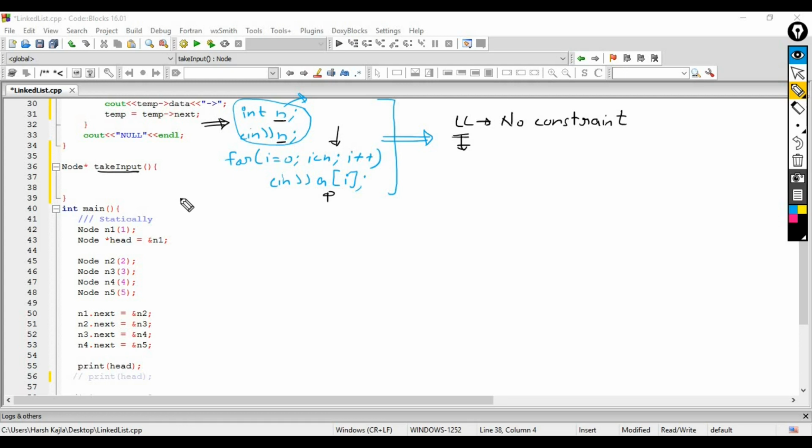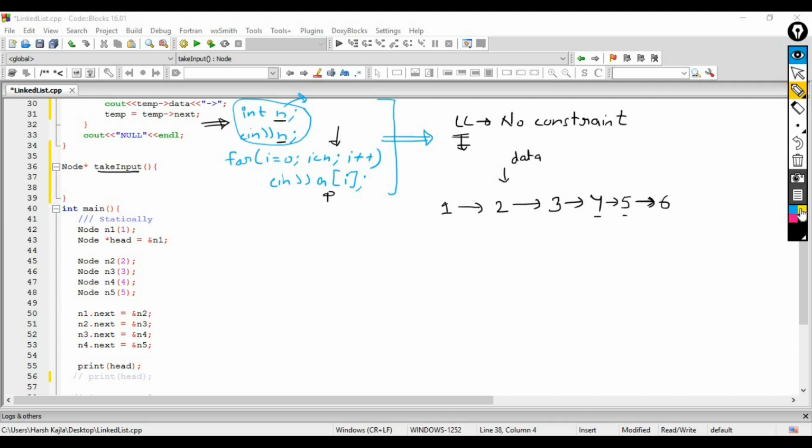What I am planning to do here is, for example, the user will give me input like this: 1, then let's say 2, 3, 4, and I will create the linked list. So 1, 2, 3, 4 is the data given by the user, and I will create the linked list in this fashion: 1, 2, 3, and 4. Now as soon as the user gives me, let's say 5, I will link these two nodes. The user gives me input 6, I will create this node and this connection.